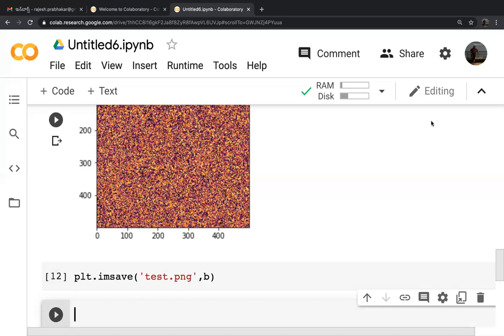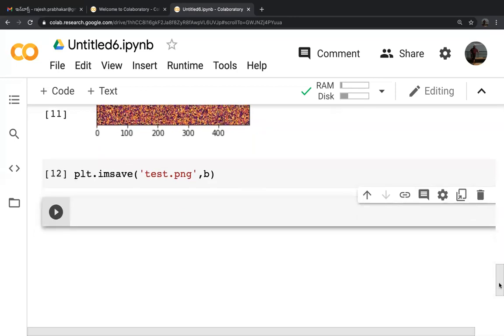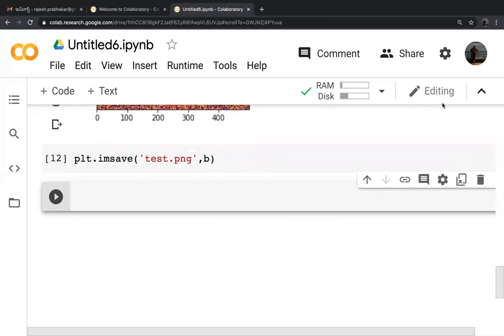Now we will go with a three-dimensional array. We have created a two-dimensional array earlier and we have plotted it. But three-dimensional images are also very important in data. So let us go and create a three-dimensional array with RGB. You know, right? Red, green, and blue, the three color scale. Now let us create a three-dimensional array, and then we will create an image out of that three-dimensional array.